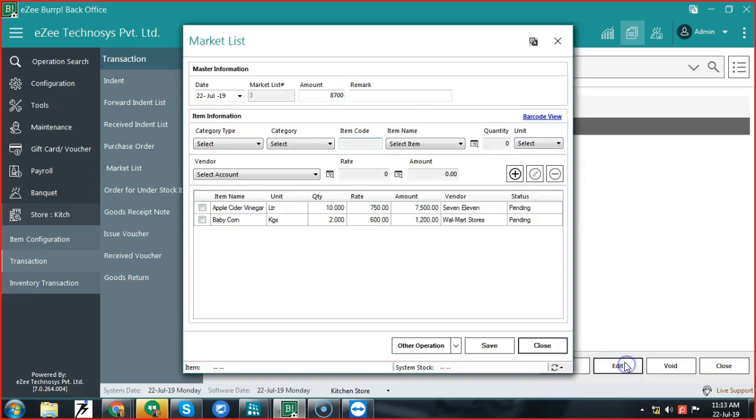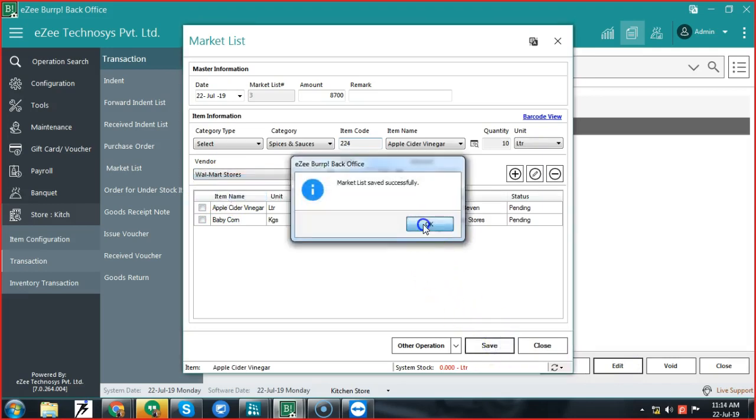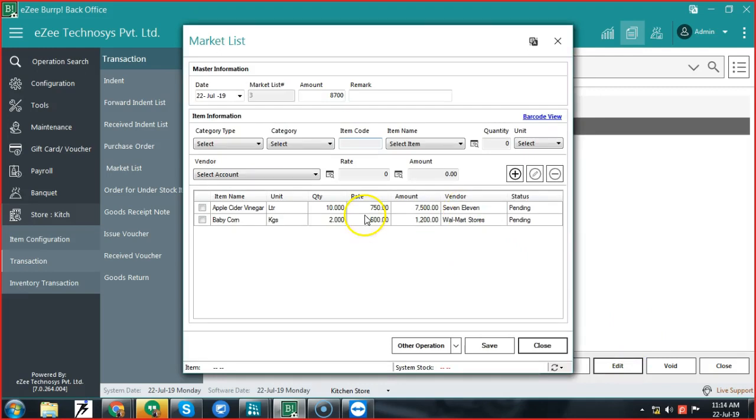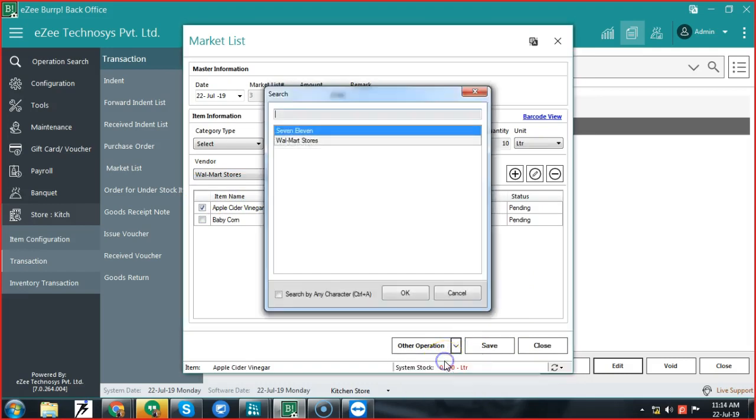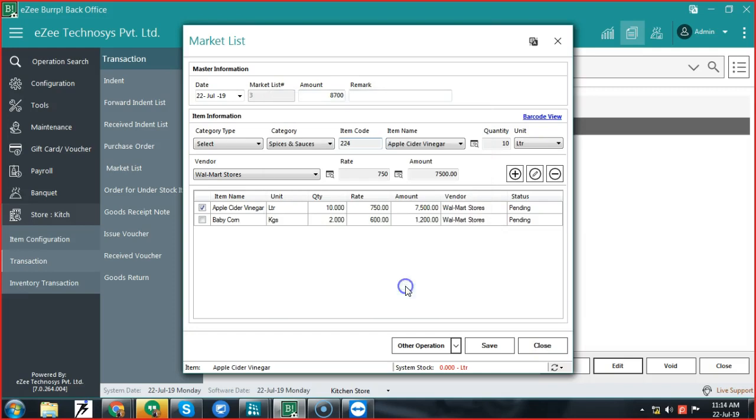So let's say I'm here and if I want to change the vendor, I don't need it from 7-Eleven, but I need it from Walmart. So you can save it, and the Walmart will get automatically changed, or you can see update vendor Walmart. So both are in Walmart, right? And right away from here,